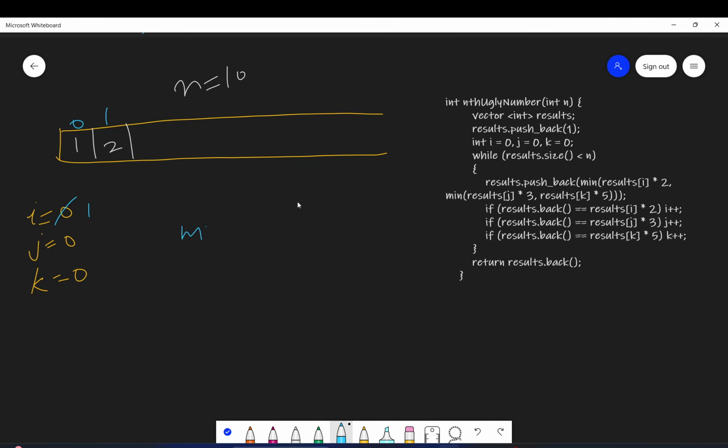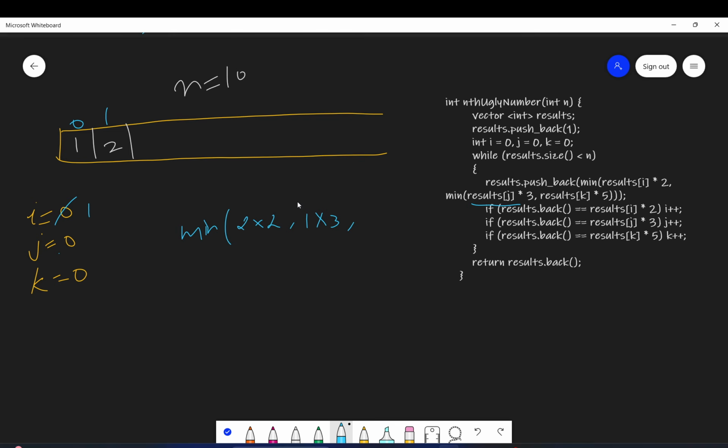So minimum of results of i. i is 1, so results of i is 2, so 2 into 2. See, you are getting the next multiple. Earlier this was 1 into 2. Then results of j into 3. j is 0, so results of j will be 1 into 3.